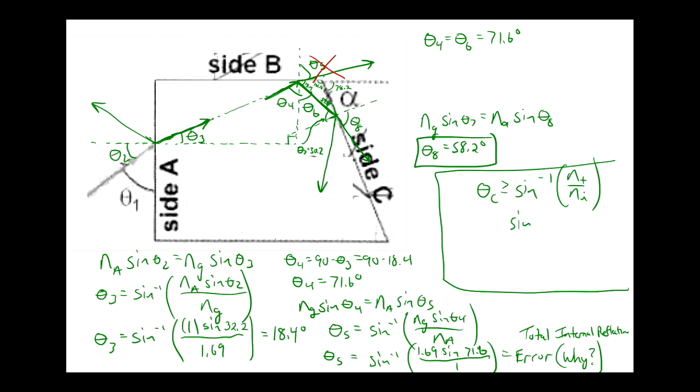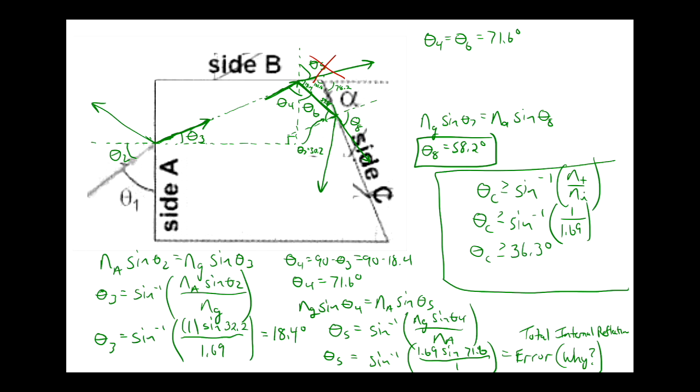Let's take a look at what these values were. The transmission was into air, and we had glass with 1.69. So what do you get for this angle? Inverse sine of 1 over 1.69. As soon as I find the answer, I'm telling you what it is. Should be